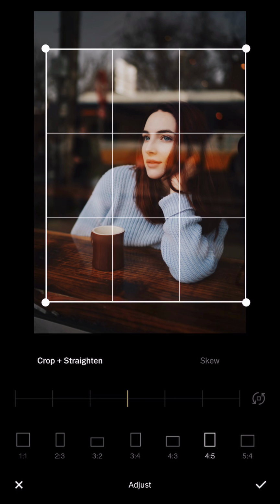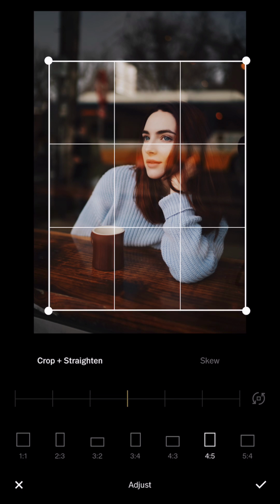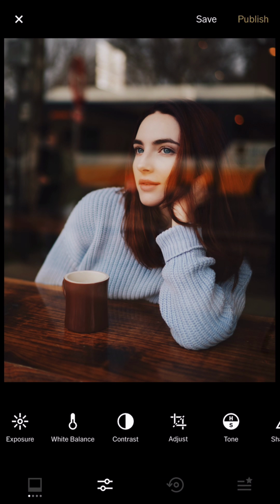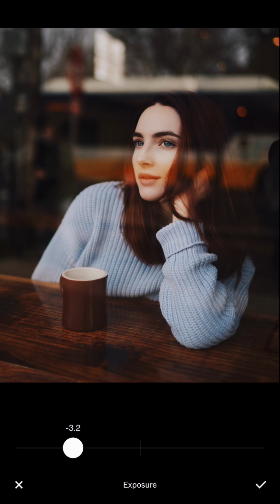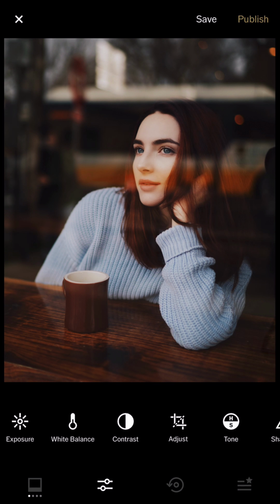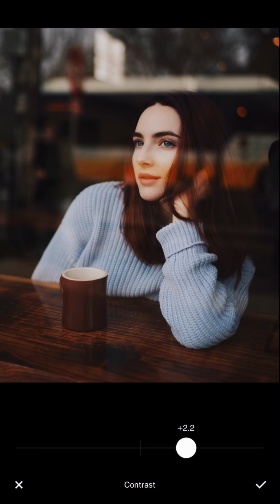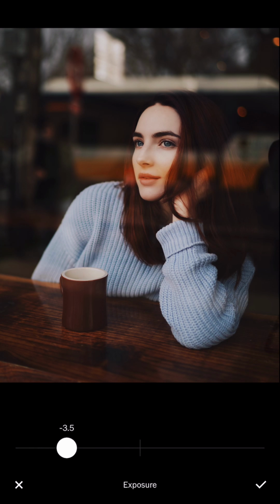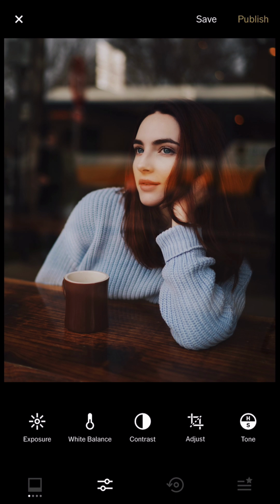So I'm gonna crop slightly the edge a little bit, make sure to position her to the right hand side of the third area, and the face is still too bright to me, and I'm gonna reduce the highlight a little bit even more, and the contrast make it darker, and then make it sharper in here. For some reason it's still very bright, so this is a lot bright. So when I was shooting, probably the exposure, it was very bright,